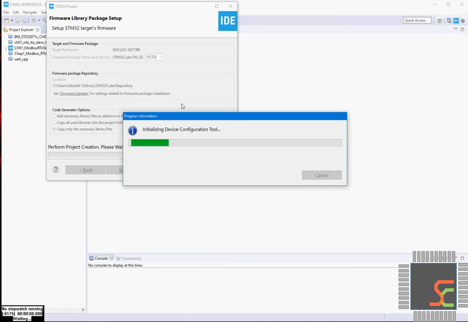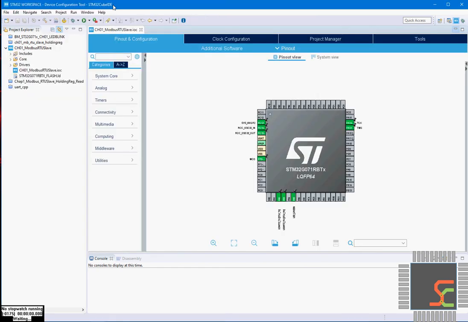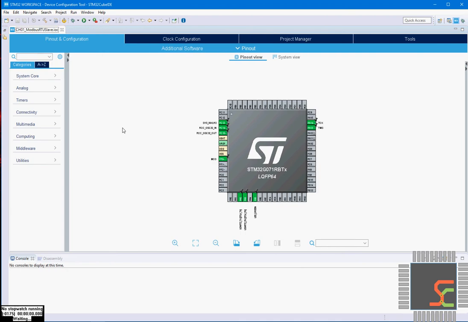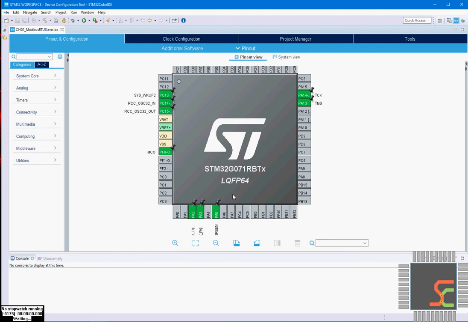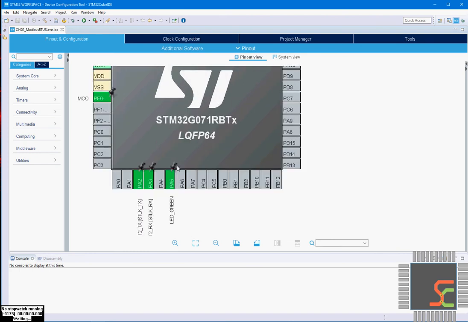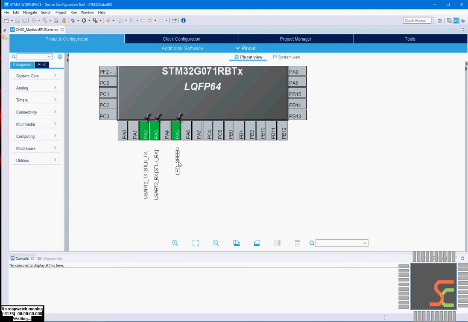So the project initializes, and once the project is created, the first screen we are going to see is the pin configuration, where we can also configure all the peripherals on the left hand side. I will minimize this. Since this is a development board, many pins are pre-configured, like PA5 is configured for a green LED, a small LED on the board.